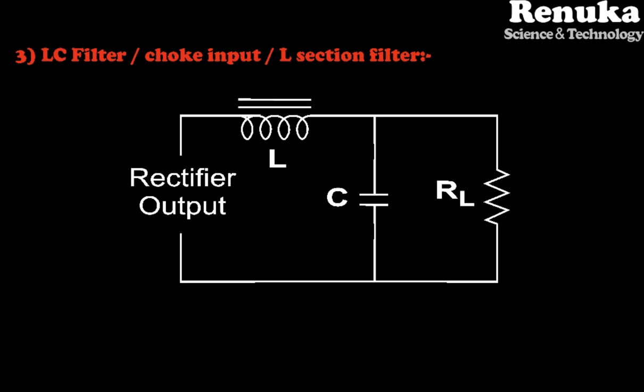The ripple frequency of the AC component is 100 Hz. The inductive reactance, XL equal to 2πfL, is high, so AC current has difficulty passing through the inductor. Even if AC current manages to pass through the inductor, it will flow towards the low reactance of the capacitor rather than the load. Thus the ripple factor is greatly reduced at the output, as the inductive reactance is greater than the capacitive reactance. So the first filtering action is done by the inductor and the second by the capacitor. In this way we get pure DC at the load resistance.